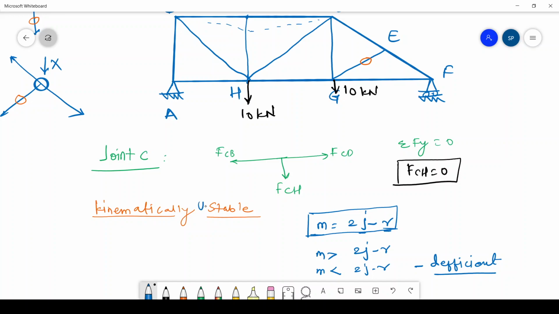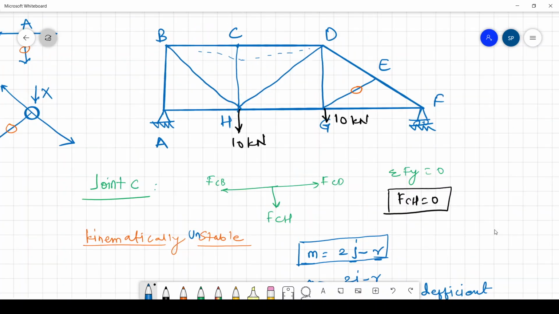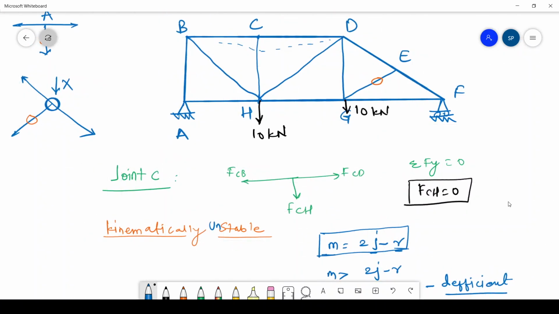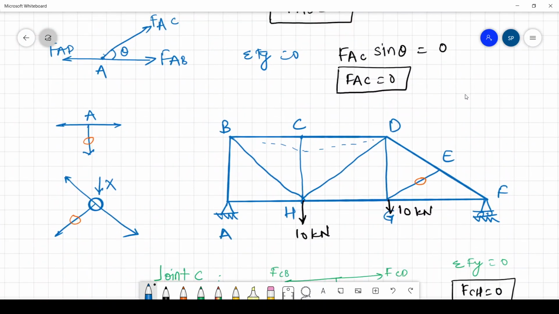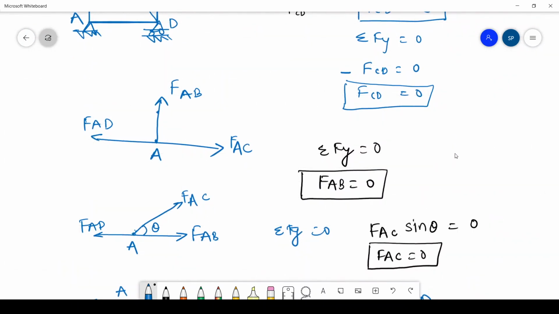It will be kinematically unstable, and if it is kinematically unstable, it won't be in the position in which it has to be, and if it is not in that position, then there is no use of that particular structure. It will not resist the loads for which it is going to be designed. So this is the importance of a zero force member. Though they do not carry any load in the load transfer mechanism, still they are required to keep the structure in position.